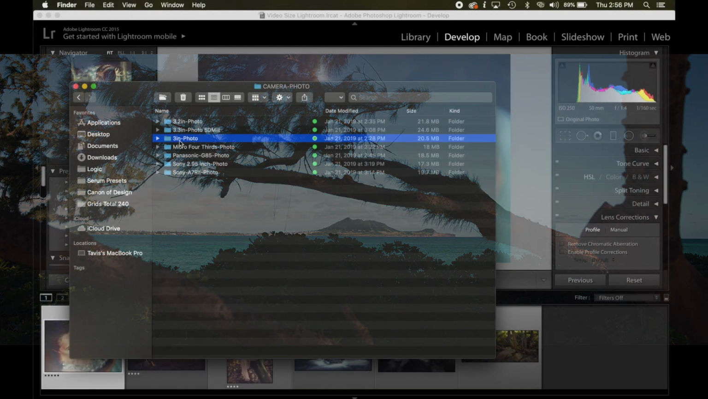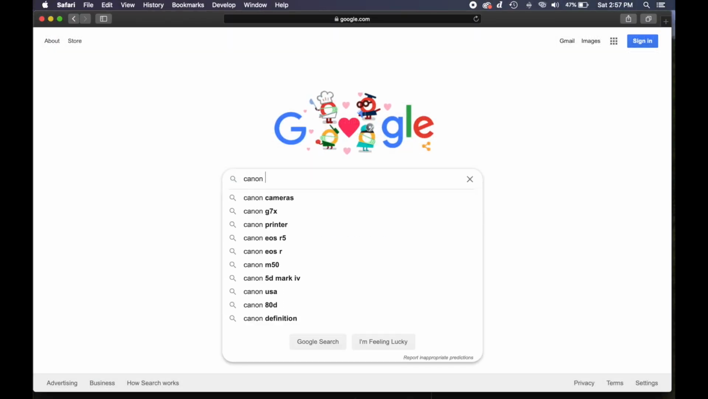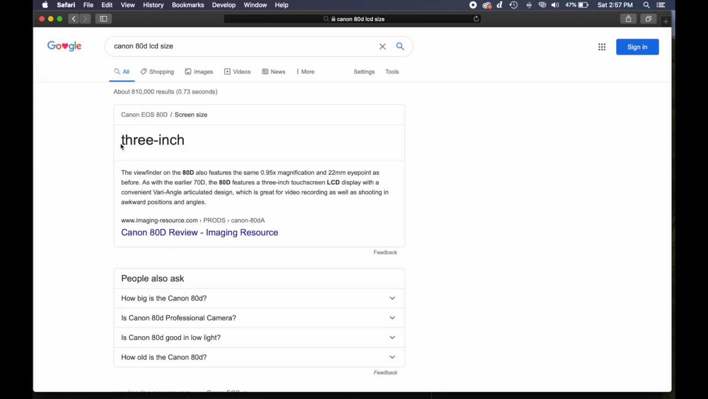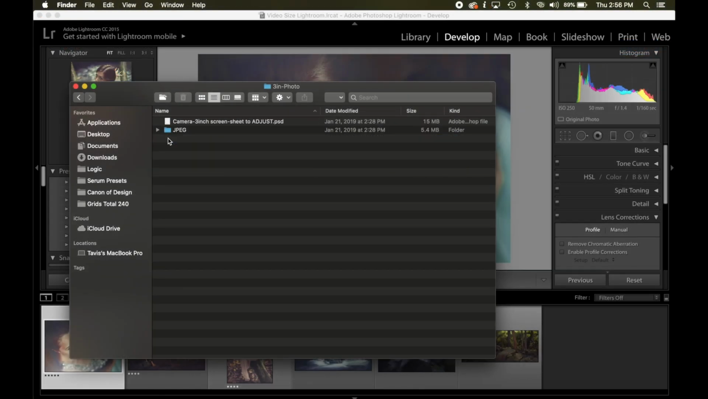So if you have to Google it, just Google, say, Canon. I had someone ask about the Canon 80D, and so I Googled that, and it said it has a 3-inch LCD. So you would go in here. Most of them are a 3-inch, but some of the newer ones are a little bit larger. So you click in there